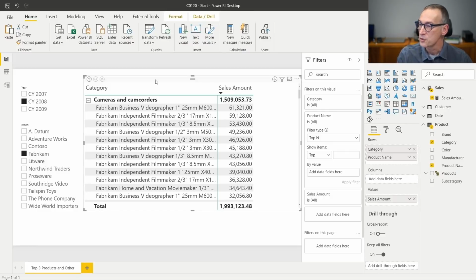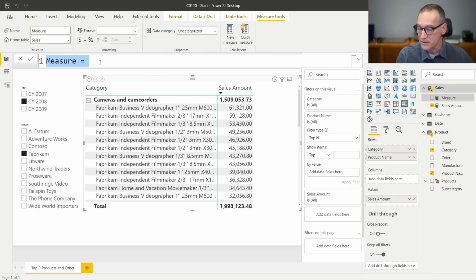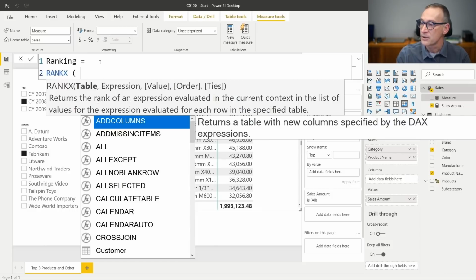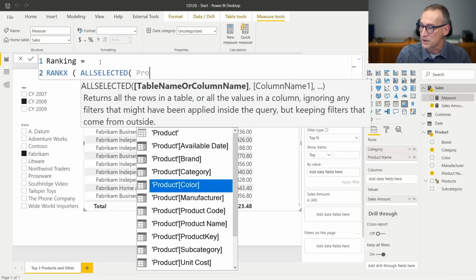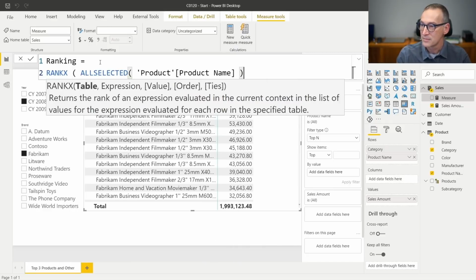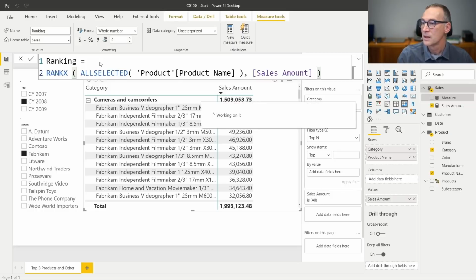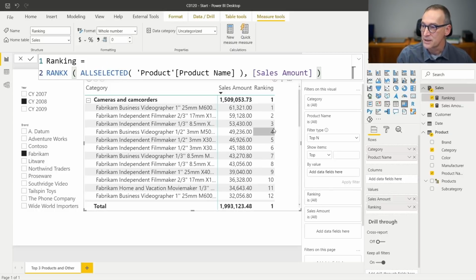We can create a new measure that I will call ranking. And ranking does a rank x over all selected product name based on the sales amount. Let's look at the result of this measure. I can simply add it to my report, and you see that it shows 1, 2, 3, 4, 5 for cameras and camcorders.